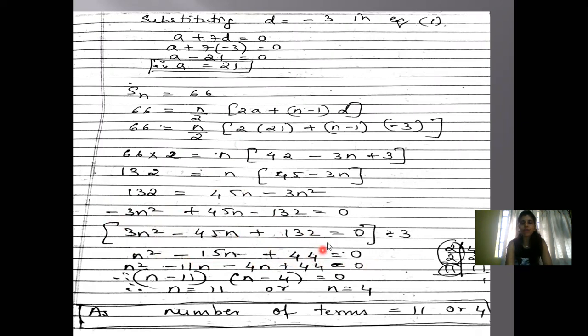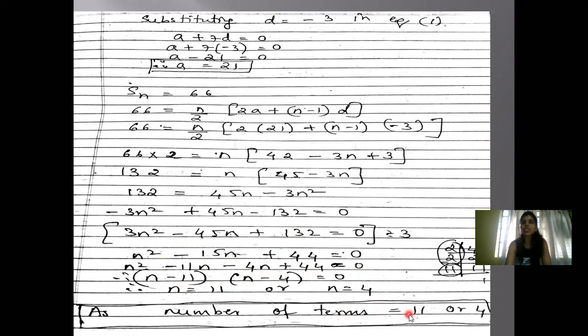Now in front of 44 it is a plus sign. That means you have to add and get the middle term value. So 4 into 11. 11 plus 4 is 15. And you should give both the numbers the same sign as the middle term sign. So it is negative, so both the numbers get minus. Whenever it is plus and you are adding to get the middle term, both get the same sign. So it becomes n minus 11 in one bracket, n minus 4 in another bracket. Therefore, the value of n is equal to 11 or n is equal to 4.